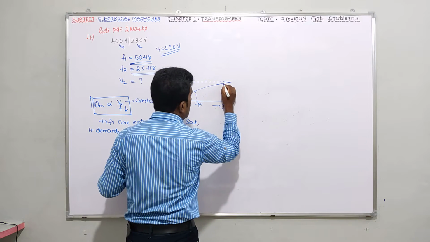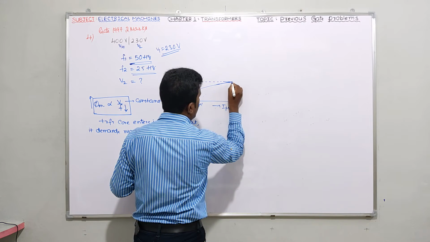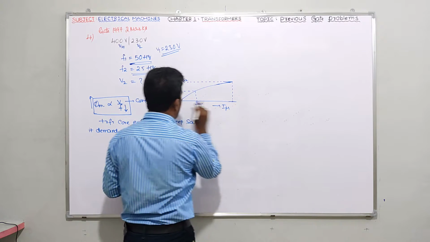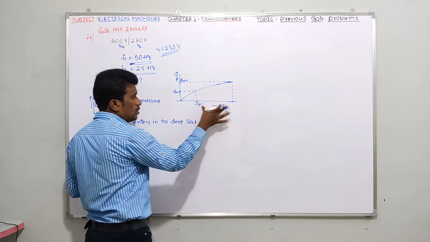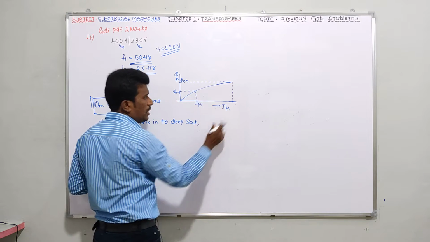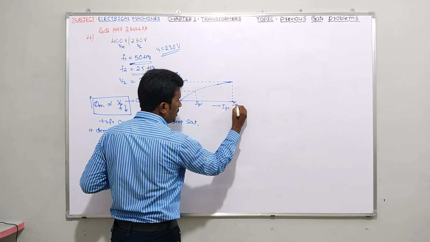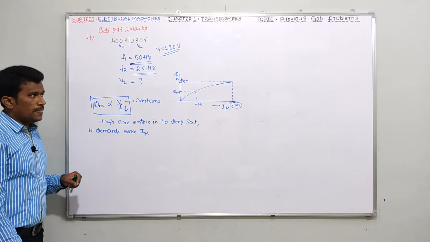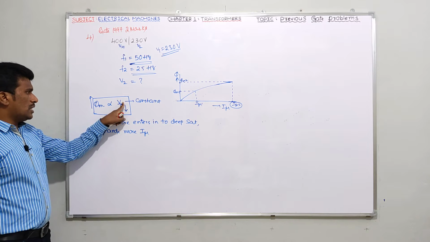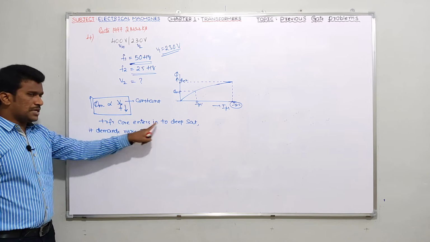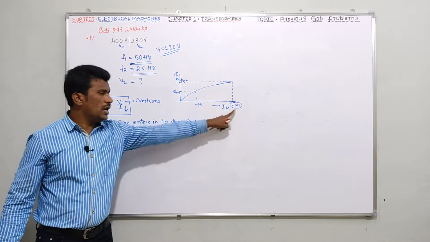Because of this nonlinearity and saturation concept, though phi m becomes phi m2 from phi m1, the increment of your Im is very large because of the shape of this curve. So your Im is very large. Please try to refer to the videos where I already explained this. So whenever, by keeping voltage constant, you reduce frequency alone, flux increases, the transformer core enters deep saturation, and it demands more amount of Im.